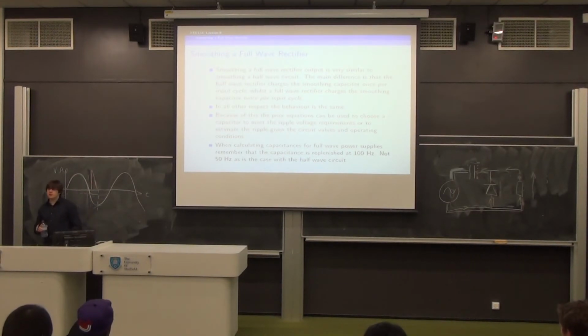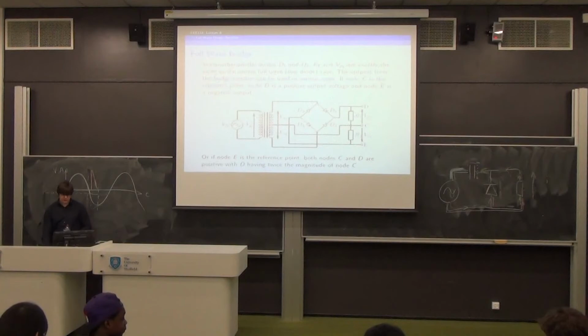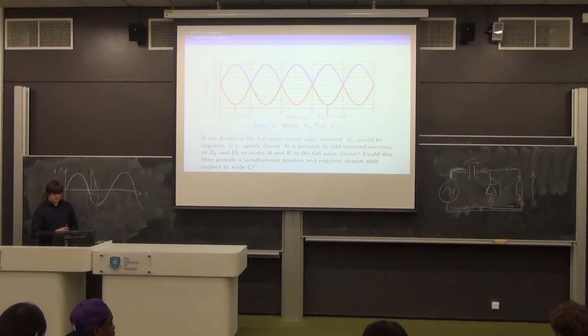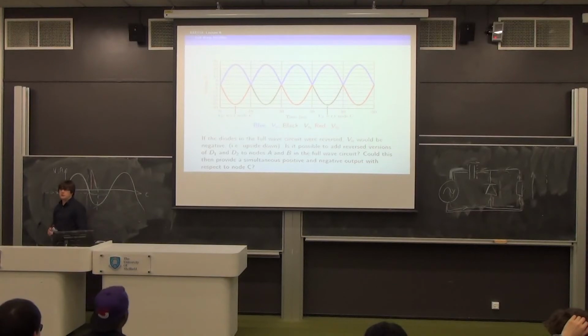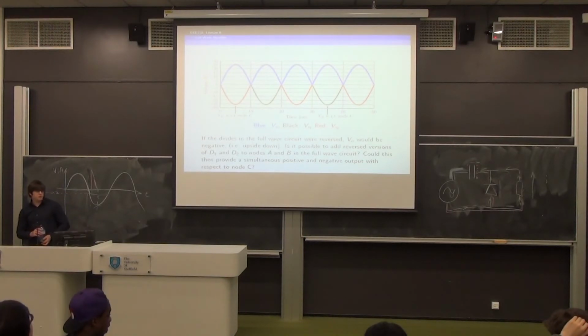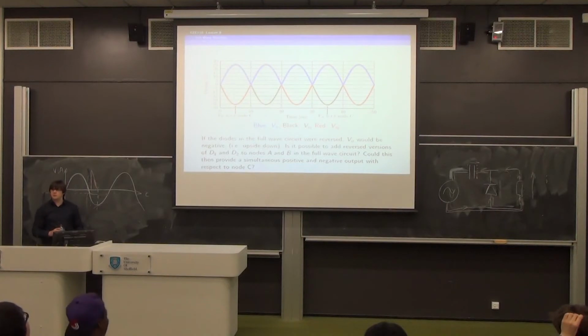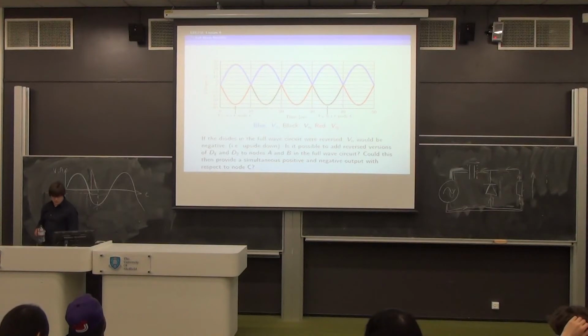And these capacitors will be charged up twice per input cycle, because we rectify the input to get the blue line, and the capacitor will charge up first between 0 and 3 or 4 milliseconds, and then again between 10 and 13 milliseconds or so, and again between 20 and 23, and so on. So if you look at the input cycle, which is 0 to 20 milliseconds, you get charging around 3 or 4 milliseconds, and again around 13, 14 milliseconds. That's twice in one input cycle, which is different to